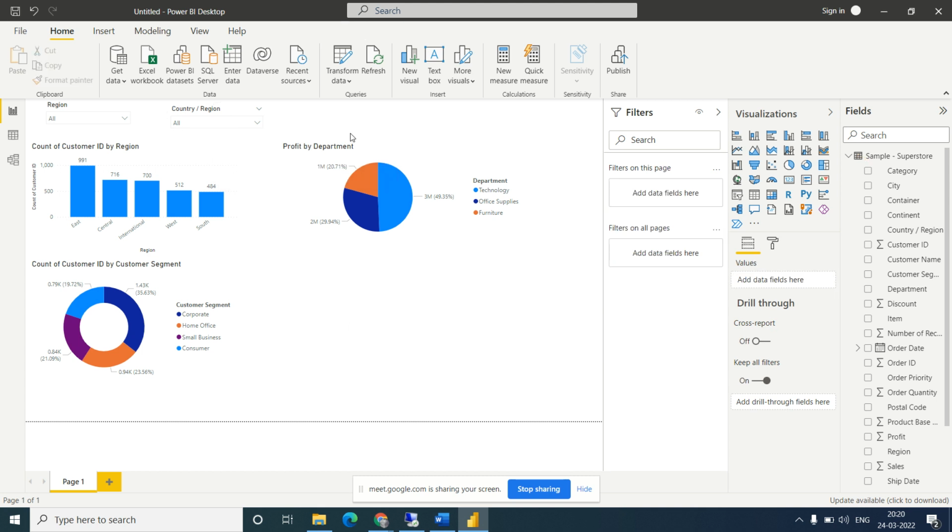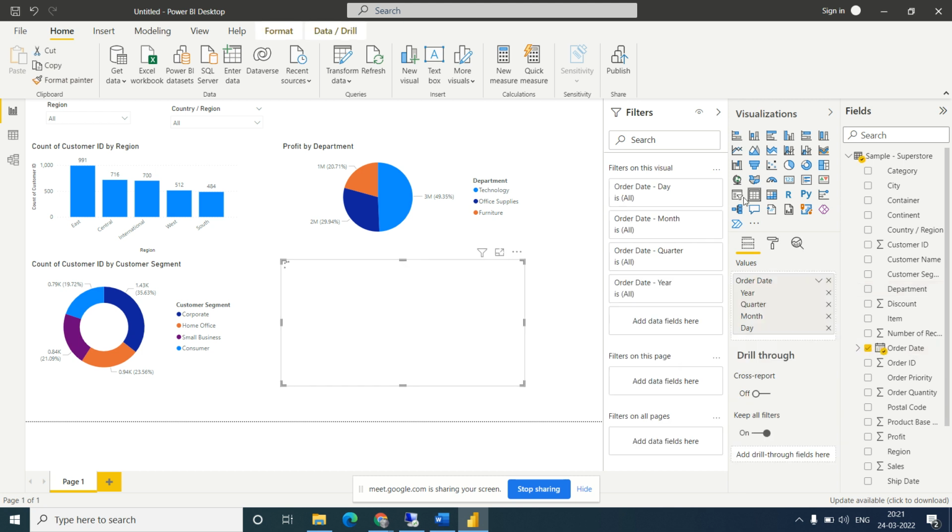Okay, now the third one, I want to add a range. Range means if I want to see from a particular start date to end date. Suppose you build a dashboard for your business, and some management people will use it. They want to select a date range, so they will select a start date and end date. So how will we do this? We can use a date slicer also. Okay, so let's take a date. So I am taking order date. Okay, slicer, order date slicer.